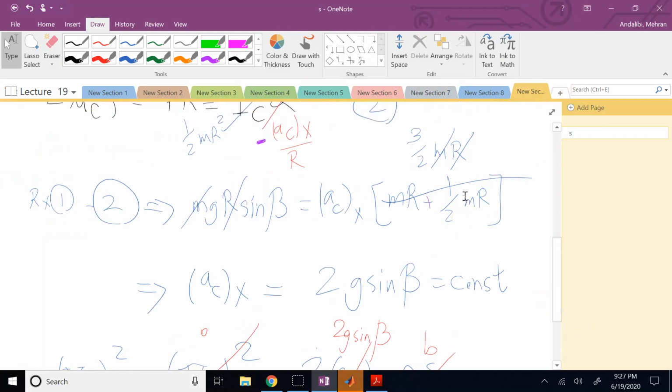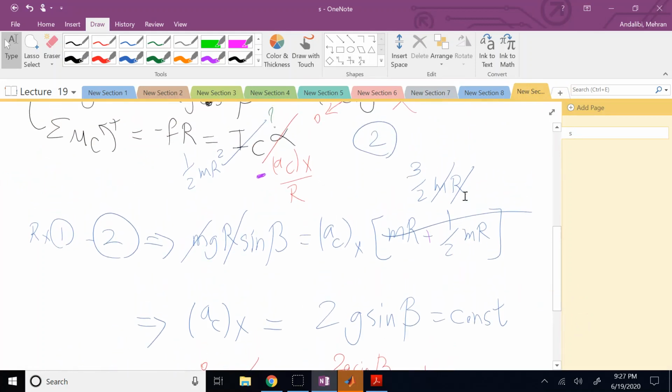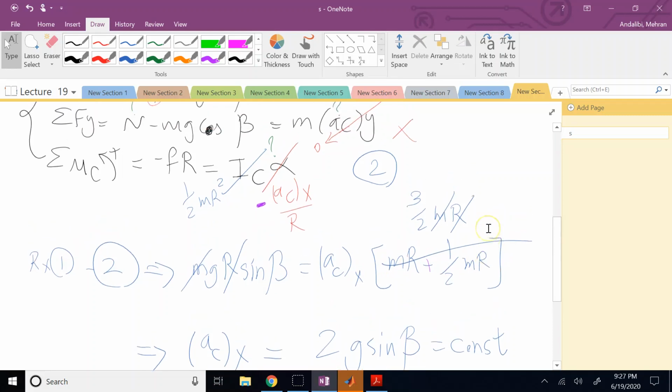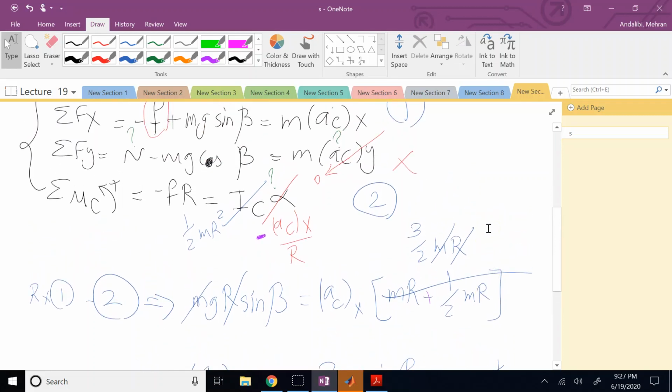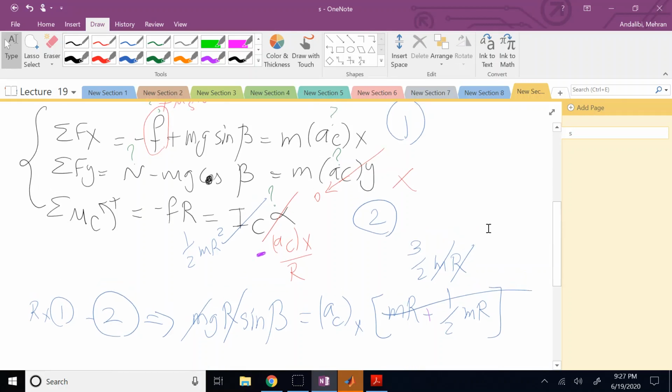So if I look here, I have to divide by r, and this is mr, this is 1/2 mr, that is right,